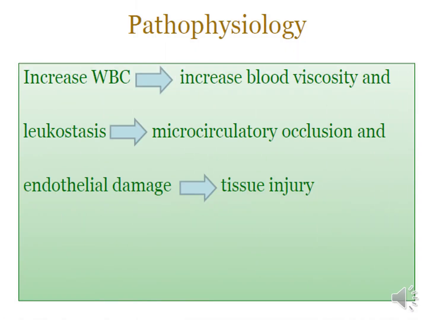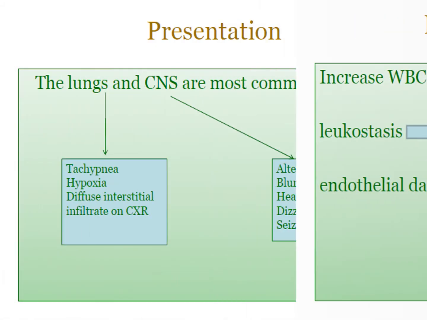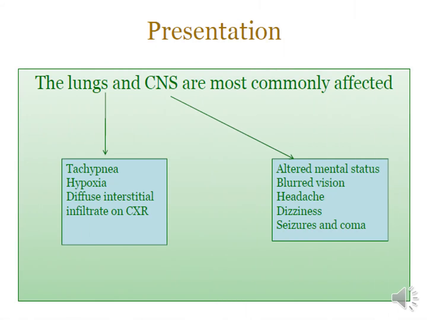Whenever white blood cells are very high in count, of course, it can lead to an increase in blood viscosity and some sort of leukostasis. And this can occlude the blood vessels, leading to endothelial damage, and of course, organ damage and tissue injury. Two of the most important organs to be affected with this leukostasis are the lungs and the